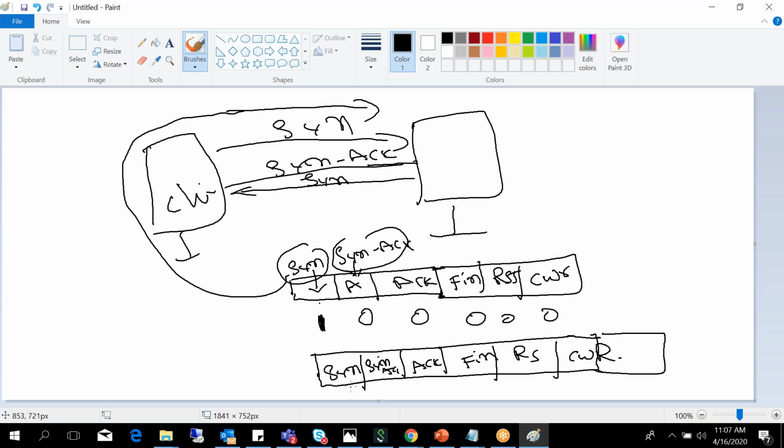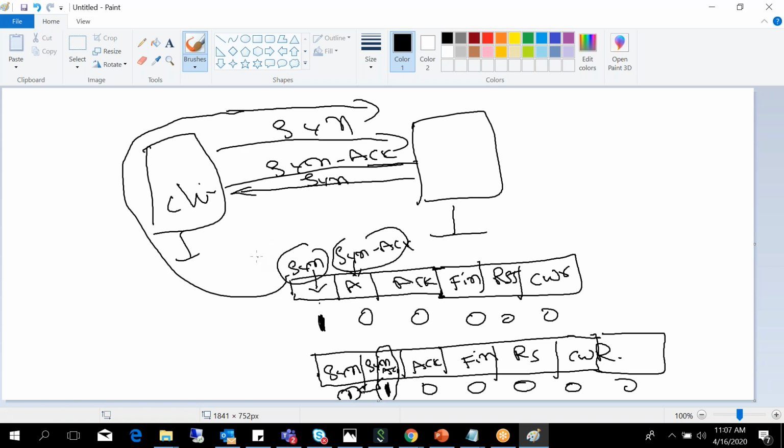Now the synchronization flag is set to 1, and the ACK is also set to 1. The ACK is the acknowledgement, and the SYN is the server's own synchronization. Two flags are set here, and the remaining are all 0.